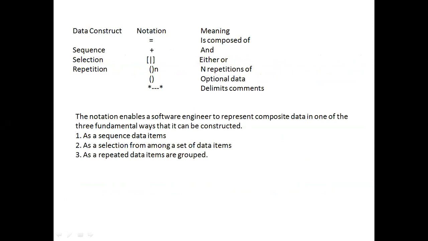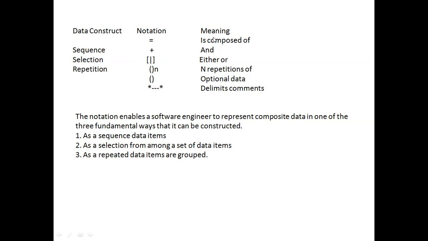Data constructs: here are some notations that we use to store the data, and they are explained. In the first column, all the data constructs are there: sequence, selection and repetition. In the second column, all the notations we can use in the data dictionary.